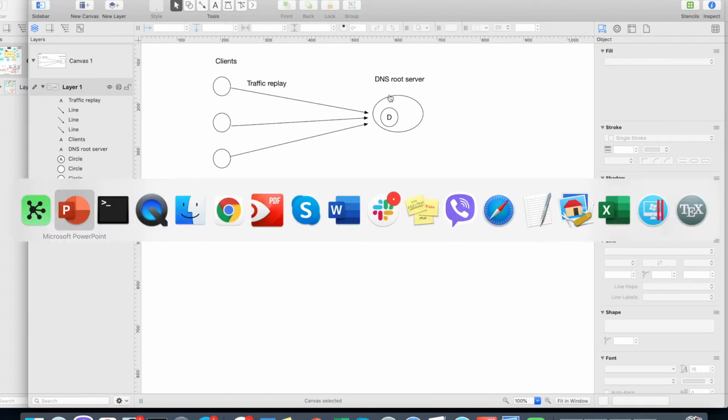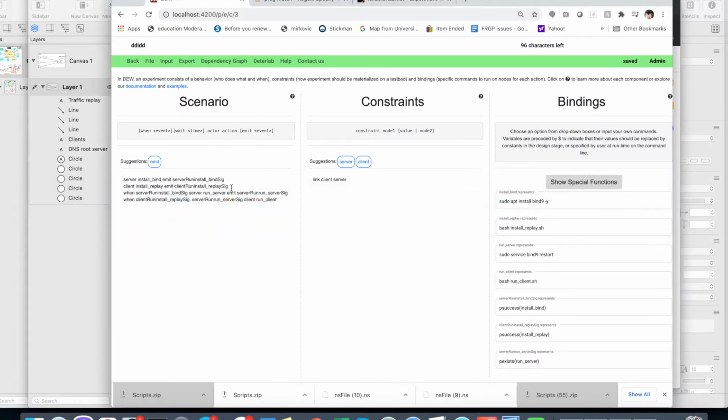So I can go back to my design, and I can change my design so that after I install bind, I actually set up the server to be the root. So after I install bind,